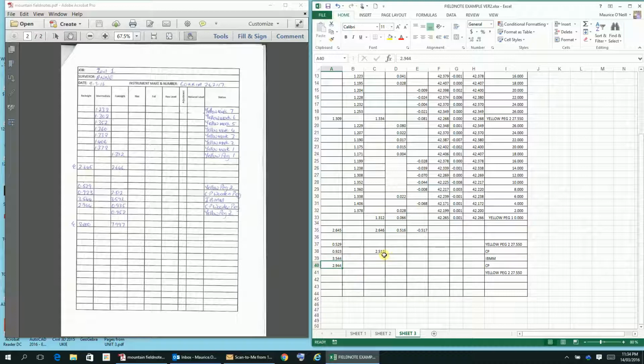Oh, that's correct. 2.512, 3.592, 0.935, and 0.958. Okay, so this one, it was reduced sufficiently in the field so